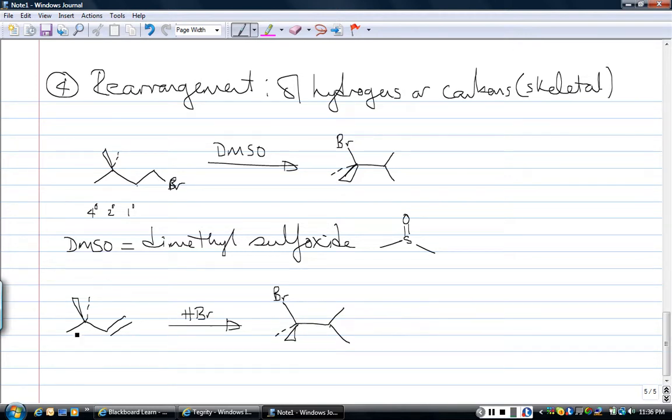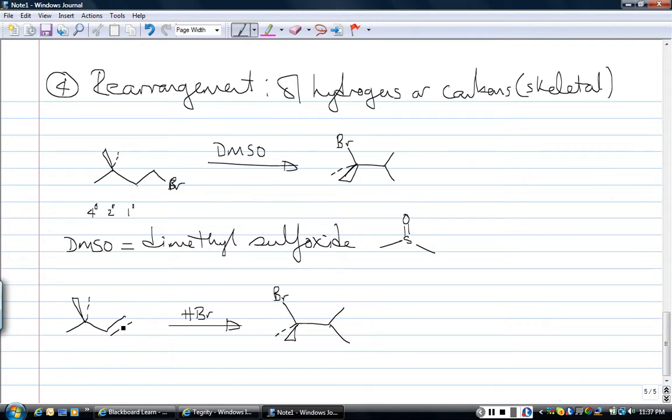So there's clearly a rearrangement where this methyl has walked over, right, that's skeletal. But it's also by definition an addition reaction, because I have added the elements of HBr, the elements of a simple molecule, and there has been simultaneous loss of a pi bond. Now, it's a little bit more difficult to see the HBr being added. It's easy to see the Br coming on, that's really obvious. But clearly we must have done an addition because the pi bond is gone. So even if we can't tell immediately that there's been incorporation of H, we must realize that in addition